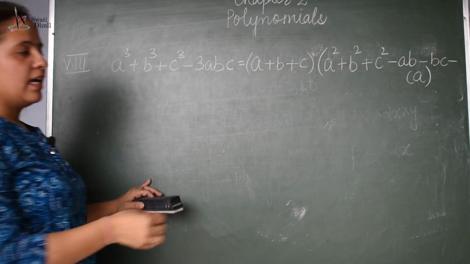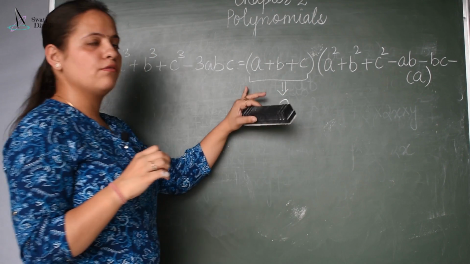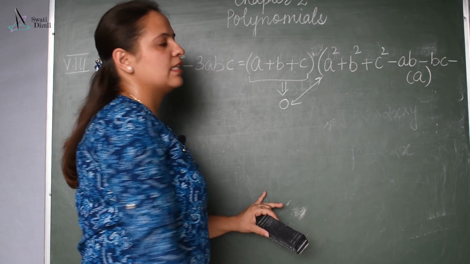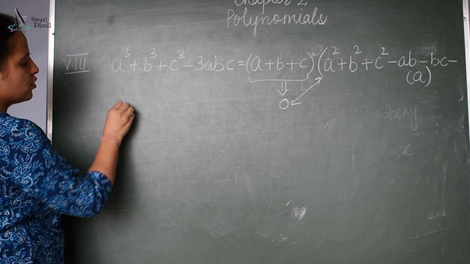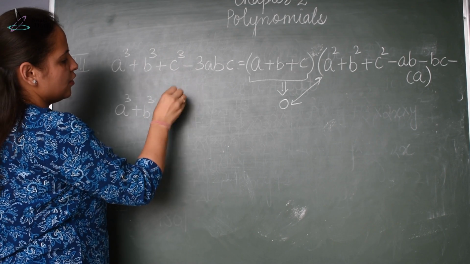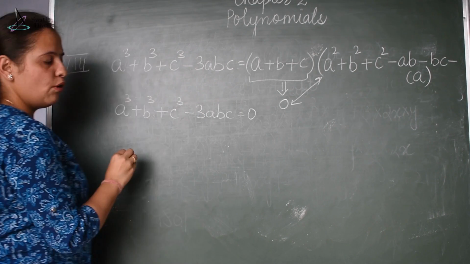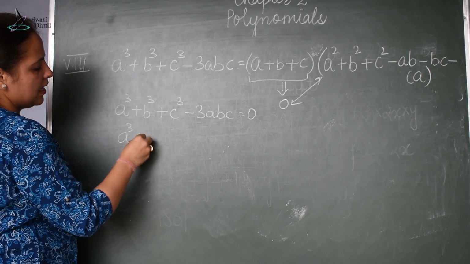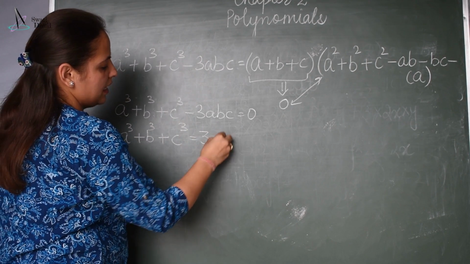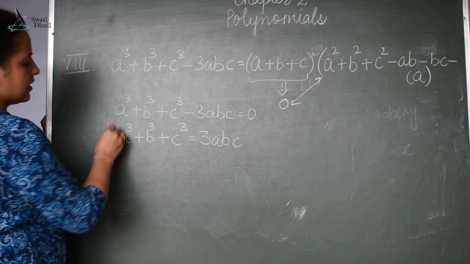Now let's say if this term will become 0, that means if I multiply this term with this term, it will be 0. So a cube plus b cube plus c cube minus 3abc will be equal to 0. Now a cube plus b cube plus c cube is equal to 3abc. The questions can be asked on this